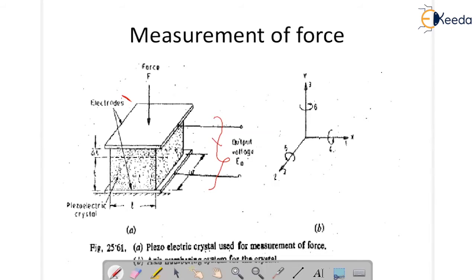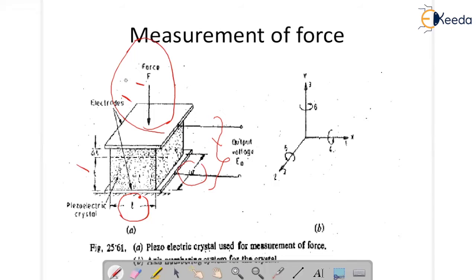What happens is, if the dimensions of the crystal are going to be applied with a force, here the dimensions of the crystal are T, the thickness, W, the width, and L, the length of the crystal, my dear students. So ultimately what I'm going to tell you is that a piezoelectric material is one in which an electrical potential appears across certain surfaces of the crystal if the dimensions of the crystal are changed by the application of a force, my dear students. That's what I'm going to depict for you.